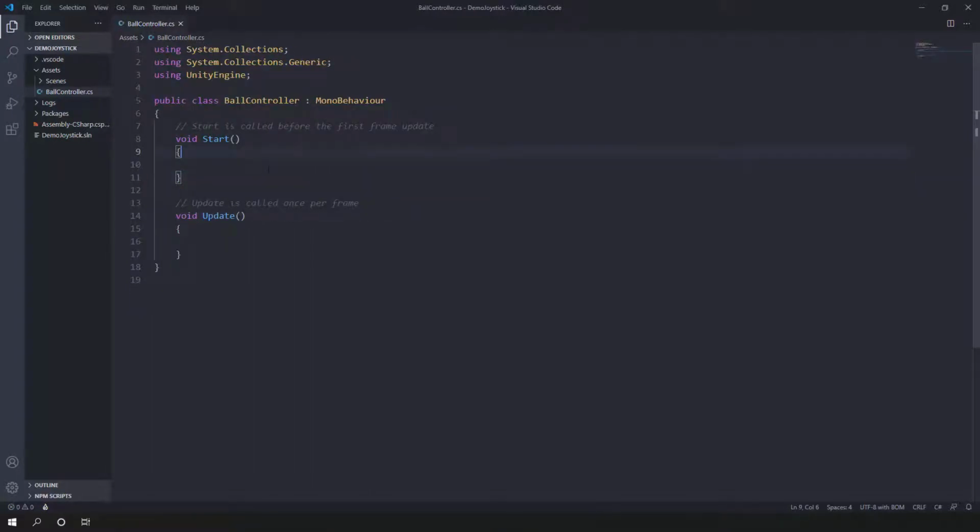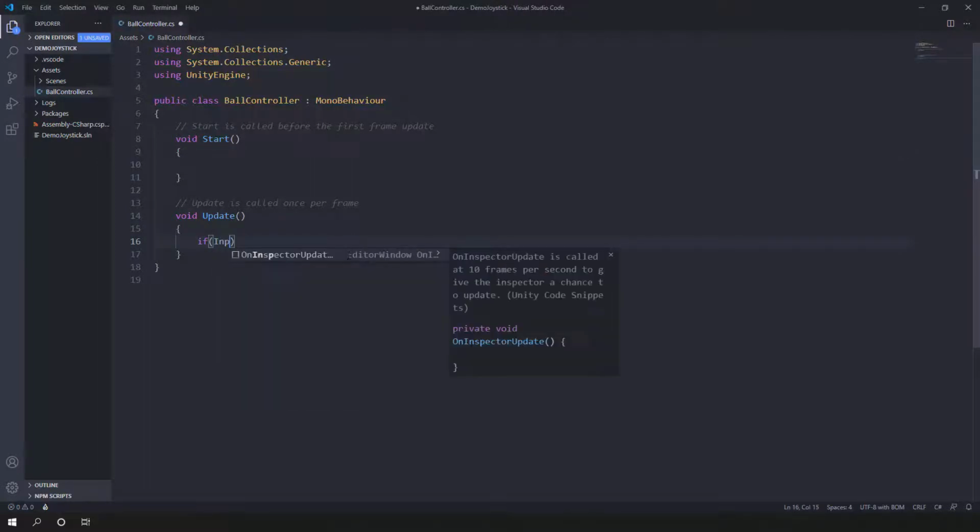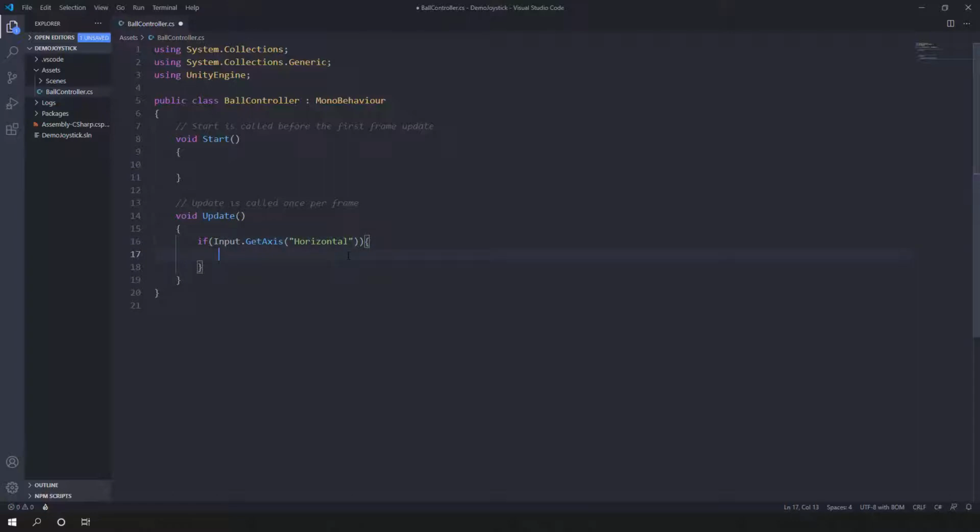So if we want to move around, we will usually use something like Input.GetKey, and from there we will be working to get the information. So right now what we are going to use is actually GetAxis. And right now we have the horizontal axis, and you can see that this is actually a string. So we can put it on a variable so we do not hard code this.